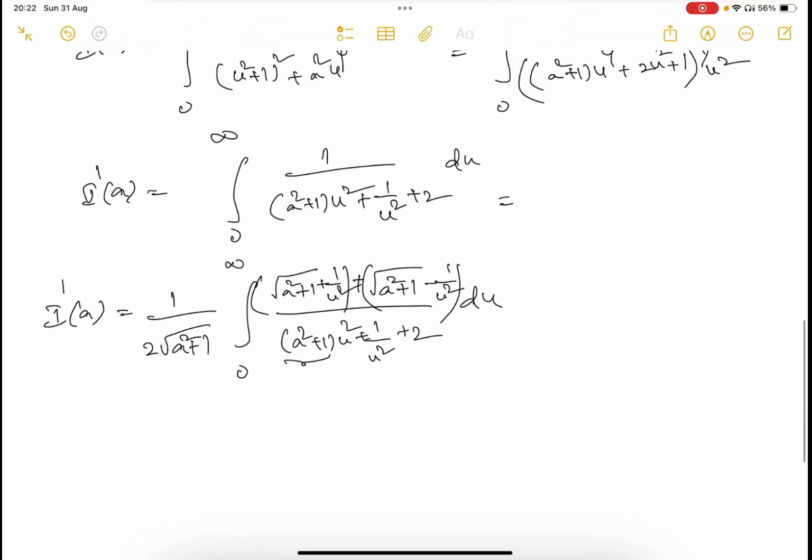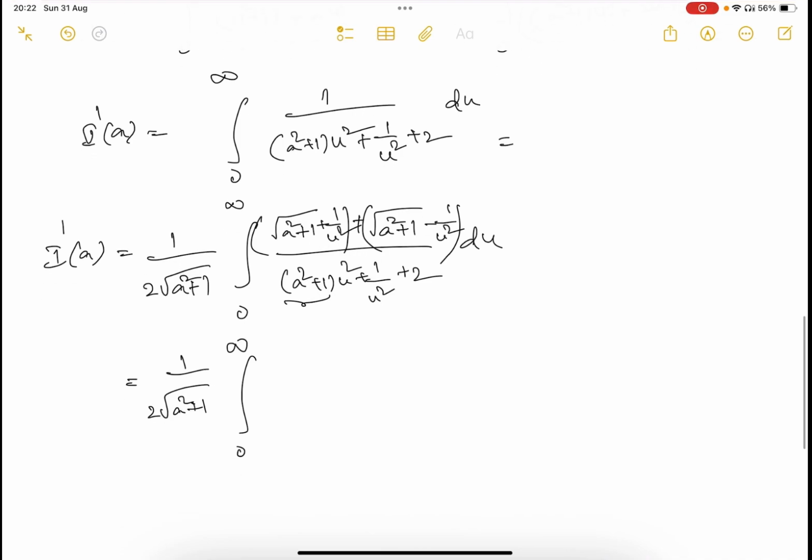Right? Then I dash of a will be 1 by 2 into root of a square plus 1, integral 0 to infinity. As you can see here, let's split the integral so that you can understand properly. Then this will be root a square plus 1 plus 1 by u square, by a square plus 1 into u square plus 1 by u square plus 2, into du, plus 1